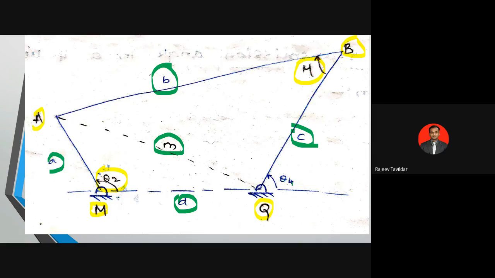We also have one more angle over here, that is theta 4. It is the angle made by the output link with respect to the fixed link measured in counterclockwise direction. Okay, so this is the initial drawing, initial setup from where we are going to start the derivation and get the optimum transmission angle. So our major concern is this angle, mu. I want to know what is the maximum transmission angle one can have, what is the minimum transmission angle one mechanism can have, and during these extreme values, how the mechanism is going to look. Okay, so I hope it is clear till this step. If you have any doubts, please let me know, or else I'll proceed to the next slide.